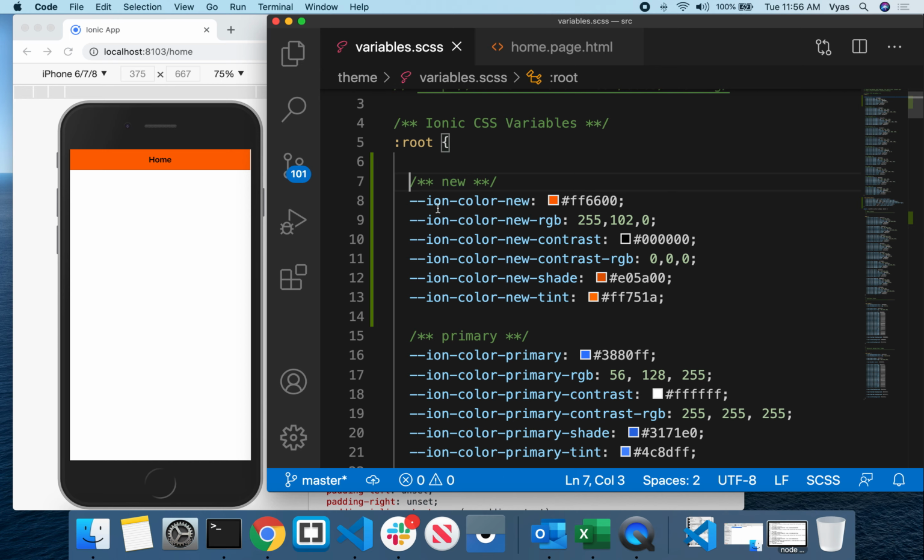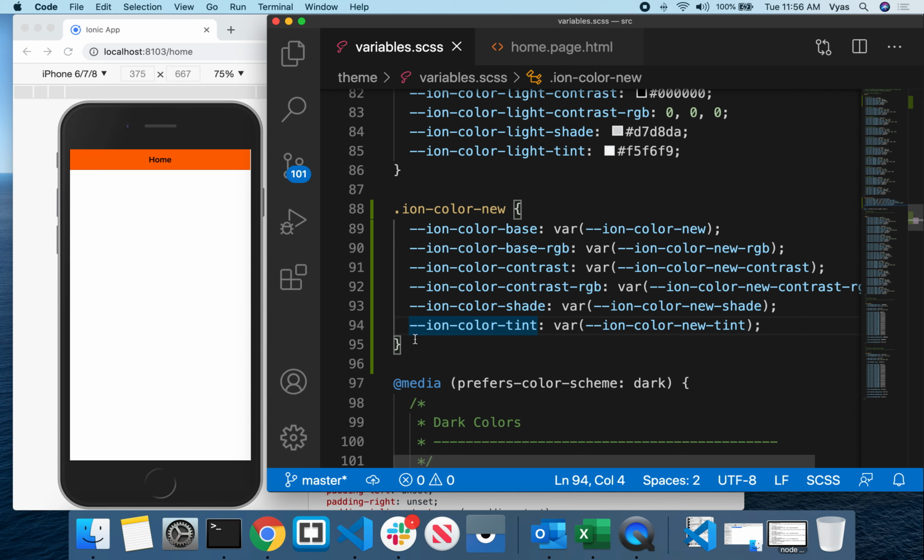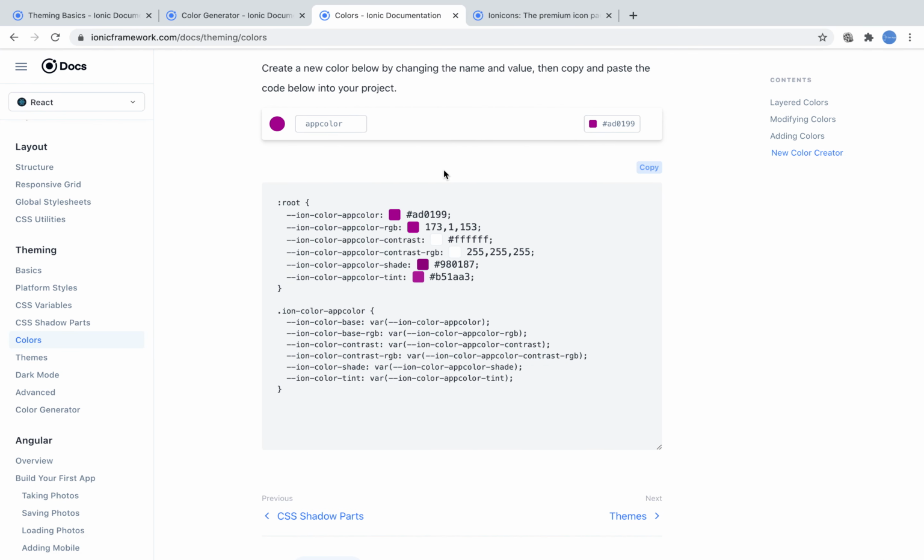So the only thing is, in the root file you need to add the colors, and then you have to define this one here. When you define it like this, only then will you be able to use the new color which is added in the theme. Okay, so in this way you can apply the themes for your headers. Basically, whatever the color is there, you can apply the color for the header, for the buttons, for the input field colors, or for something like the card, for the add item. You can apply all those things. Okay, so that is about the theming.